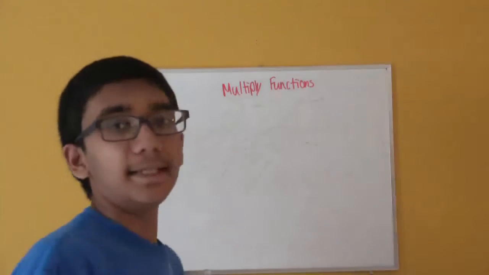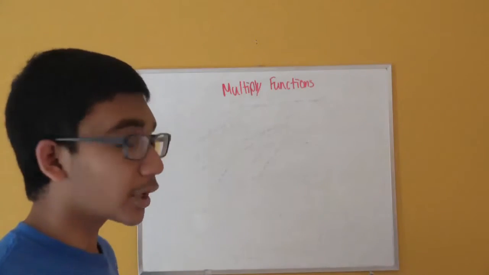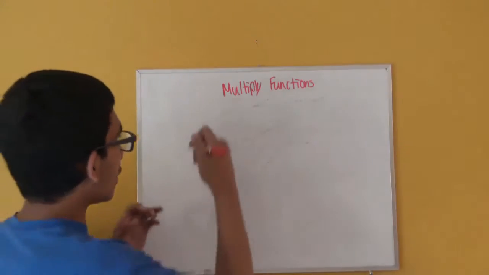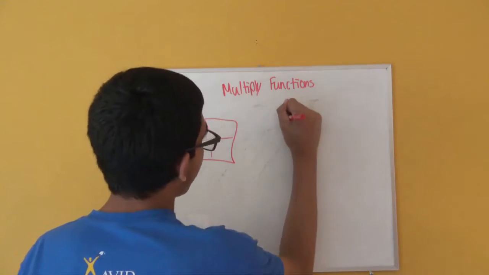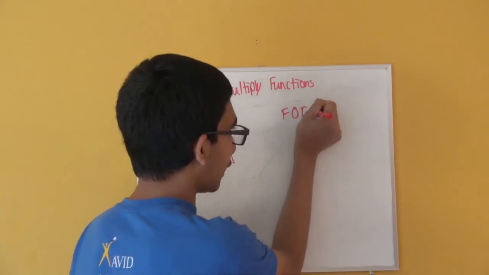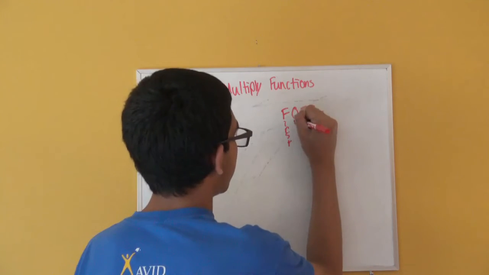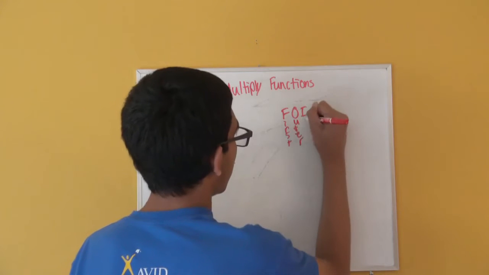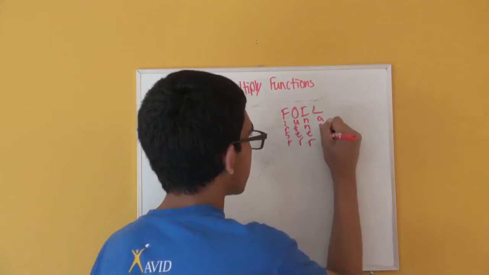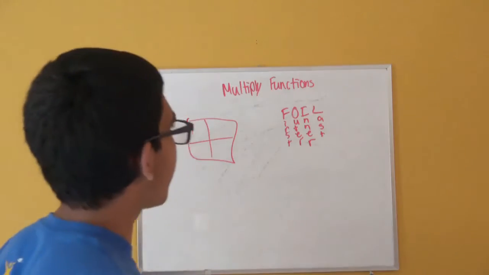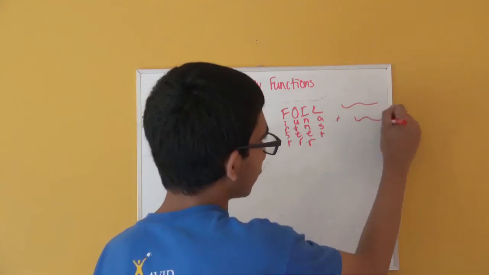Hello everyone, today I'm going to try to teach you how to multiply functions. So there's a couple methods to this. There's a box method that looks like this. There's a method called FOIL, which is an acronym for first, outer, inner, and last. And there's also another method where you put one equation on top and plus another equation and then